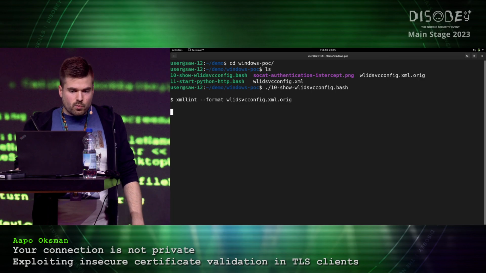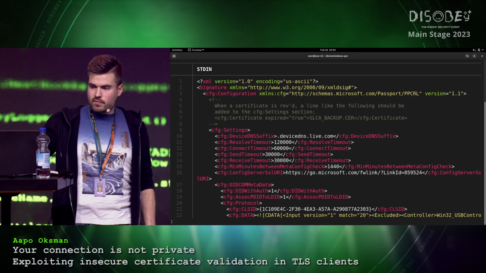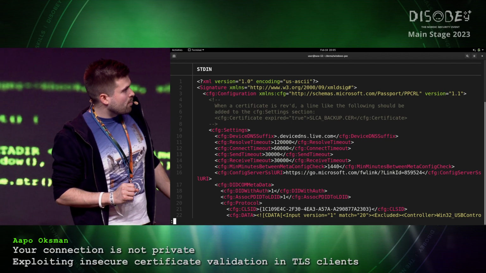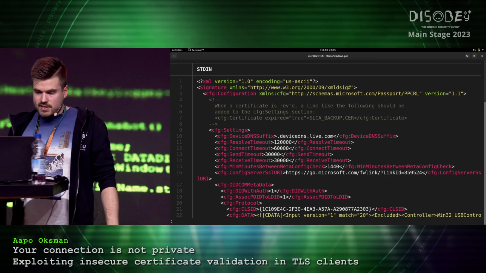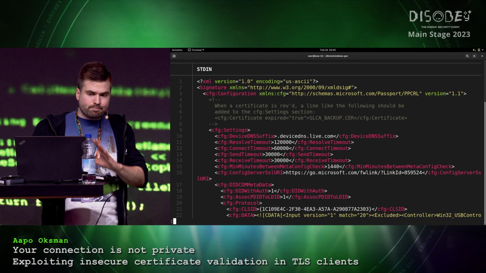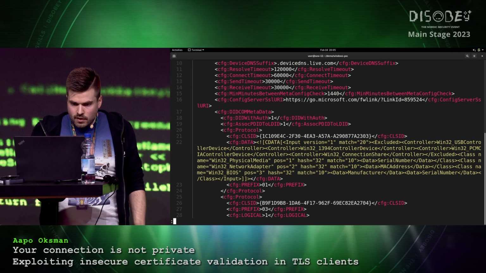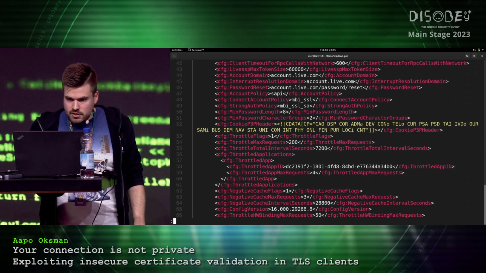So we have this kind of file, this configuration file. And this is behind the client config.passport.net. So there is a file that has a bunch of information. So it has kind of miscellaneous information, such as